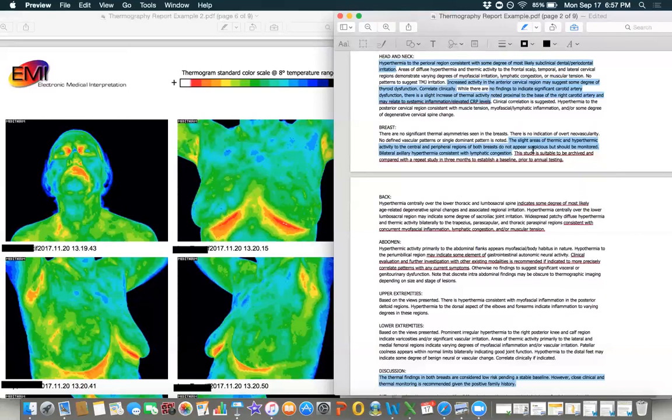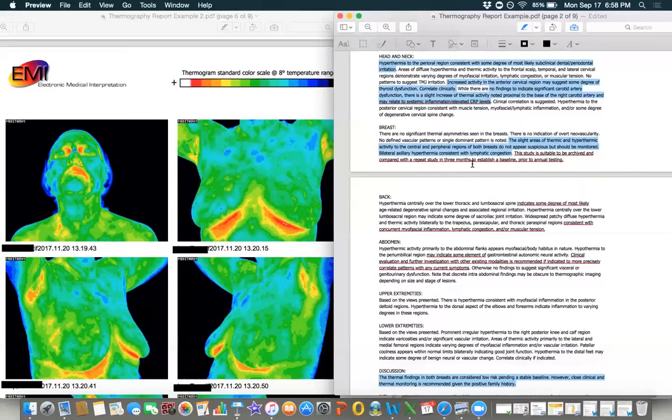In the breast section, if it's a good scan, you'll see words like this, that the study is suitable to be archived and compared with a repeat study in 3 months. So the repeat study in 3 months gives us a comparison. So we have these first set of images, and in 3 months, when you come back for your follow-up scan